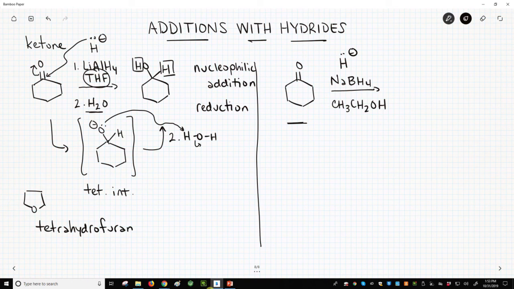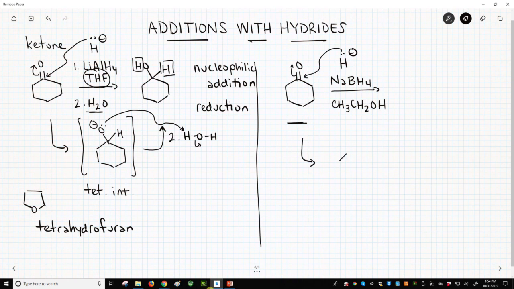That's not an oversight. We don't have a second step to add the proton to the tetrahedral intermediate. The reason is the reactivity of sodium borohydride. Sodium borohydride is less reactive than lithium aluminum hydride, and we can actually use an alcohol like ethanol as a reaction solvent. Like water, alcohols are weakly acidic. As soon as the tetrahedral intermediate forms,